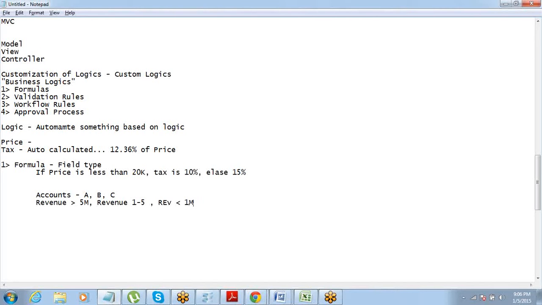So this can again be done through a formula. So you do not always have to go and check each individual account. You can just put a formula. So every time someone is entering an account in your system which has a revenue more than 5 million, it automatically becomes an A category account. So this is just one logic. You can have more logics for that, right? Correct. So this is formula.